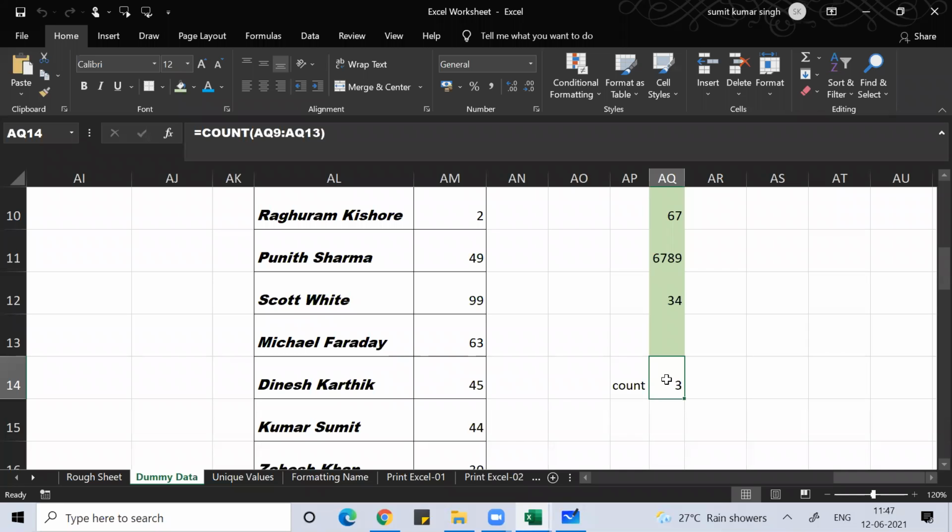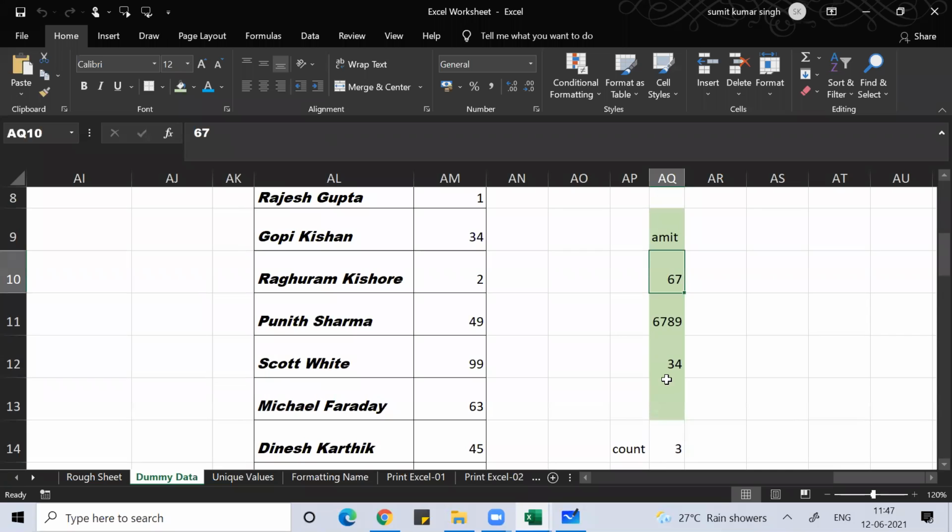It will not count alphabets. If instead of 67 I write something like Virat Kohli, see that the count becomes 2, because count only counts numerical values.